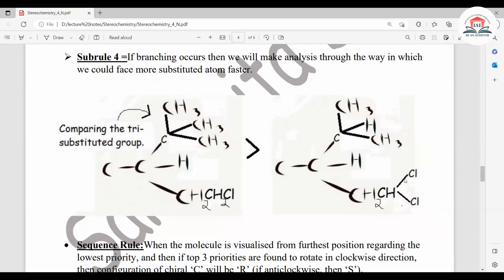So when there is branching, okay, branching মানে disubstituted, tri-substituted groups. In that case, you will do the analysis considering the more branching. Okay, যেমন এই ক্ষেত্রে এখানে tri-substituted group আছে, এটা টার্ট বিউটাইল গ্রুপ আছে, তো তাকে নিয়ে আমরা অ্যানালিসিসটা করব। এখানেও একটা সাবস্টিটিউশন আছে, বাট এটা মোনো সাবস্টিটিউটেড, এটা হচ্ছে ডাই সাবস্টিটিউটেড। বাট যেহেতু এটা ট্রাই সাবস্টিটিউটেড, তাই এটা গ্রেটার প্রায়োরিটি